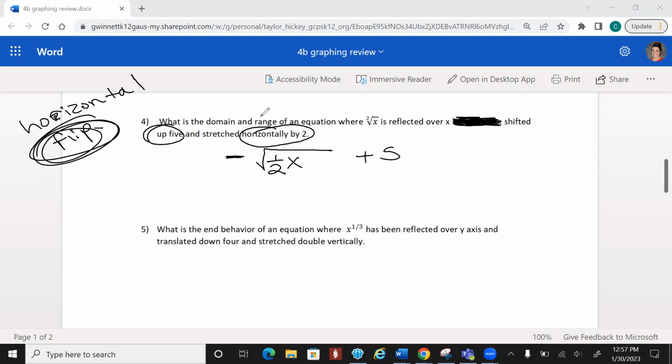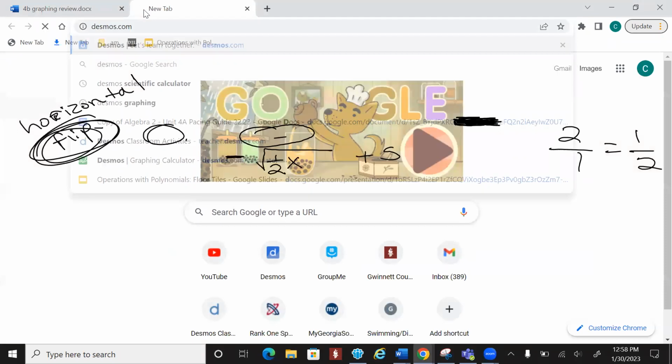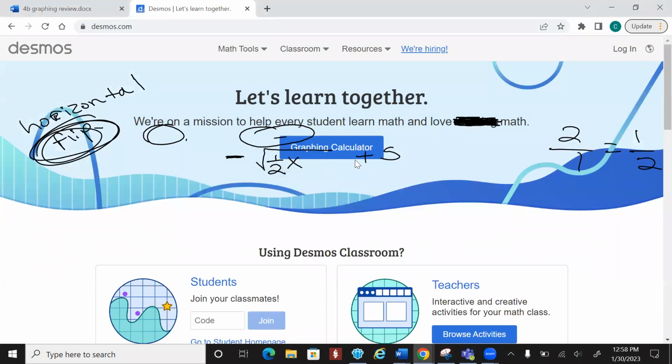Okay, now they asked us for the domain and the range, right? The 1/2 came from that horizontally by 2. Remember, we flipped the fraction, so 2 over 1. If I flip that fraction, that's going to be 1/2, right? Where'd I get the 5? Because it said up 5, right? Okay, so we're going to graph it. We're going to tell the domain and the range. So when we go into Desmos,